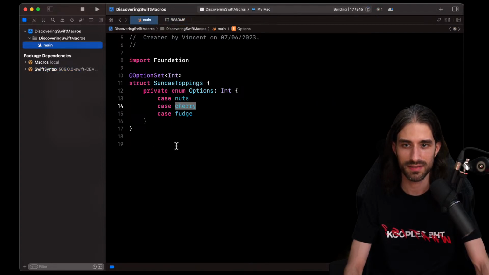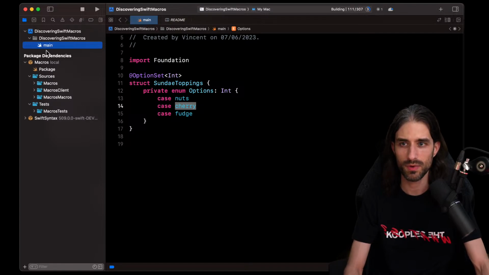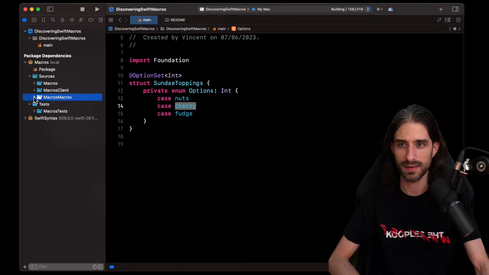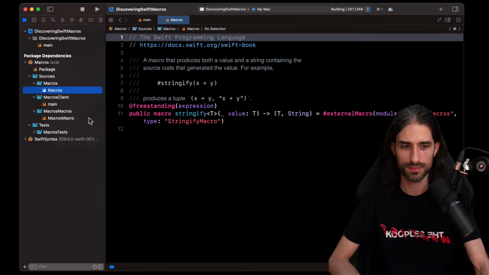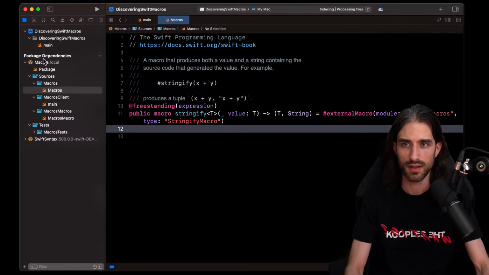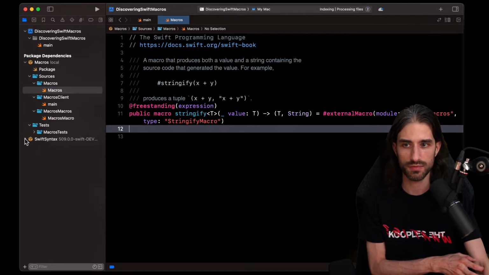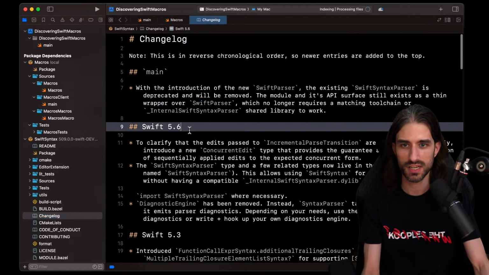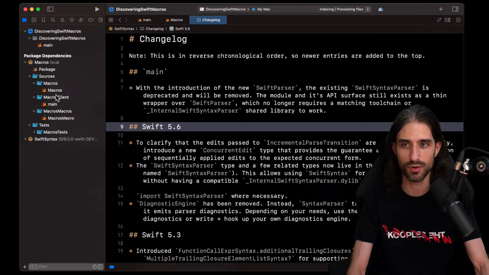Okay, so I have my project. Does it still build? We have many more files. That makes sense because we have all of these things. And if I want to edit the content of my macro, I wonder... okay, build succeeded. I'm just wondering, am I allowed to change something here? Since it's local, I guess I can change something. I'm just looking to make sure, because if I try to write something, I don't know if you can hear it, but I have the little sound that says you cannot do this here, but since it's local, you can do it.